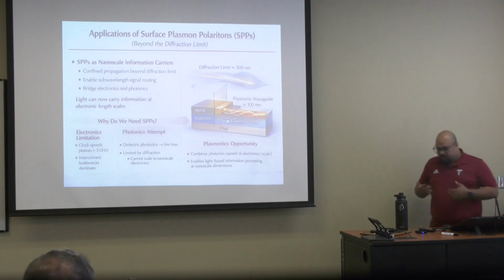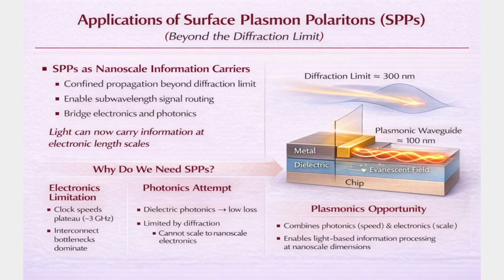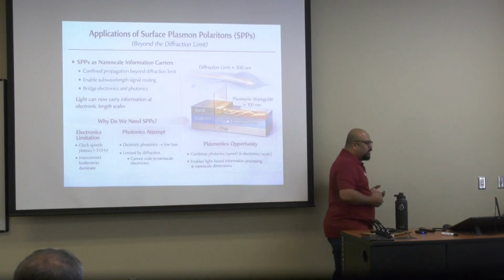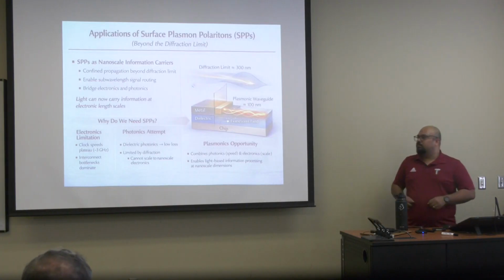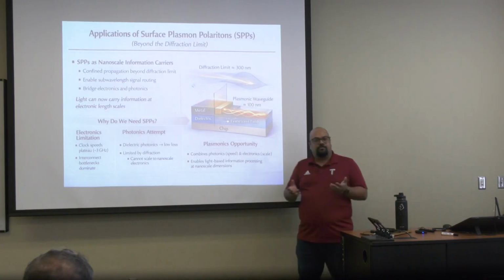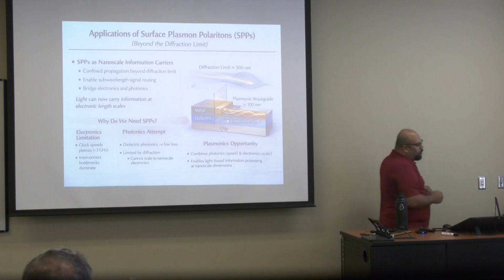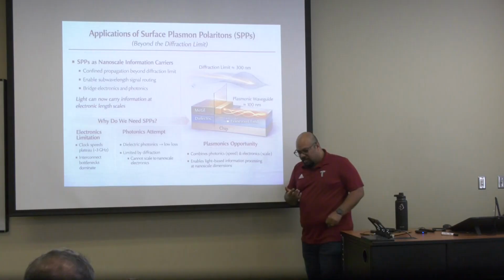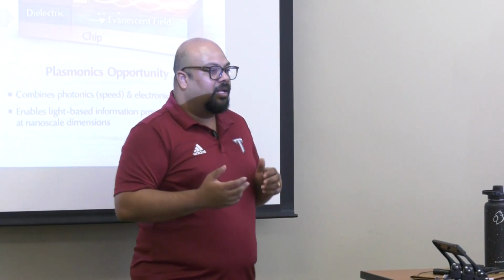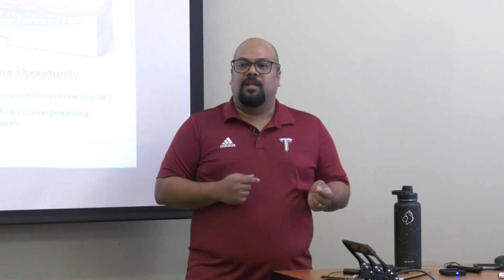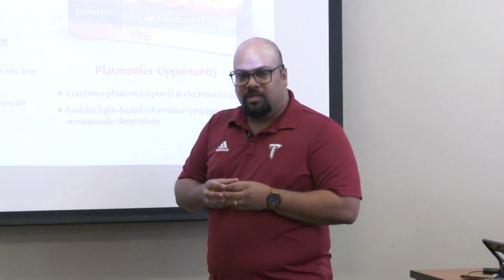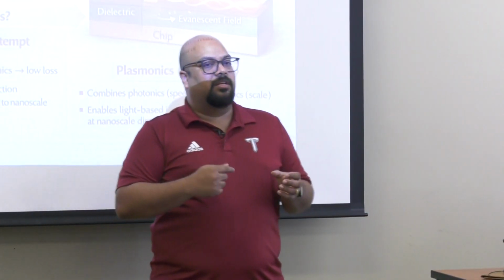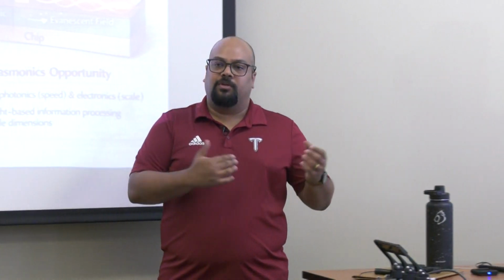So what about surface plasmon polaritons, the second division? As we have already seen, this particular phenomenon can help to squeeze the light into subwavelength dimensions of the device, okay? Basically that's called the diffraction limit. In science, the term is diffraction limit, meaning you cannot channel the light onto a structure that has a size less than the wavelength of the light, almost like lambda by 2 it should be.